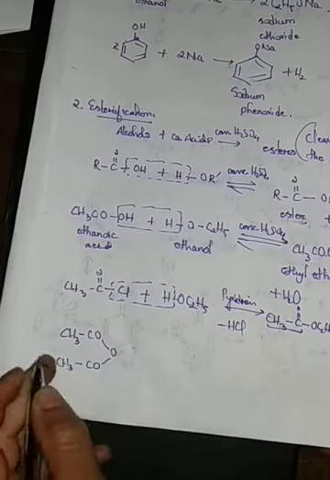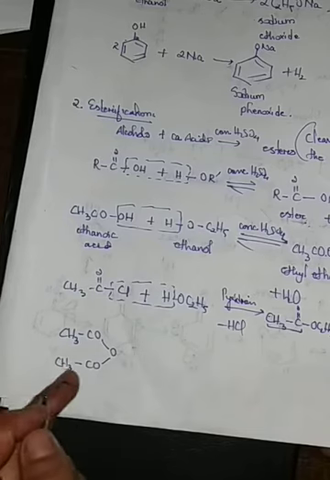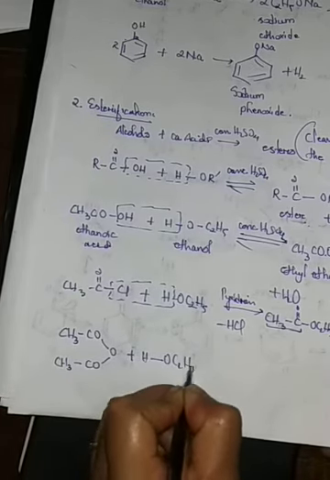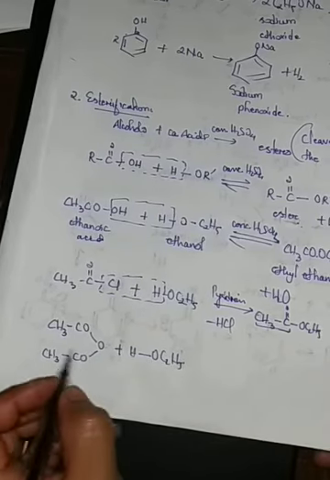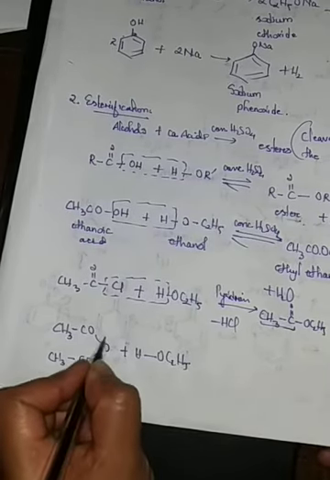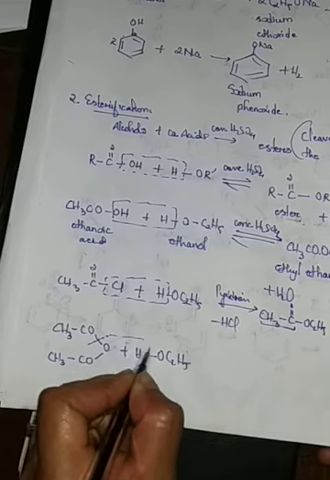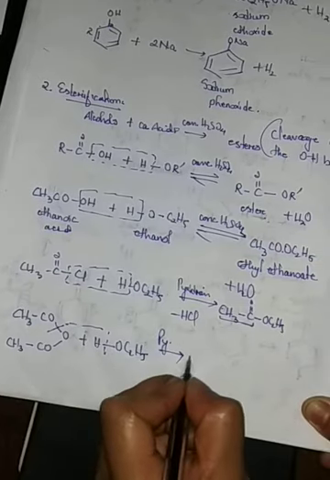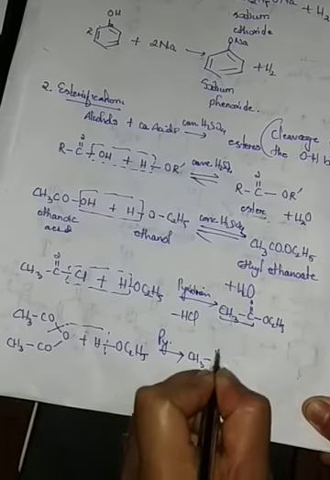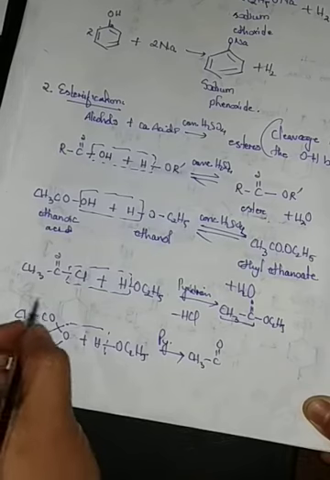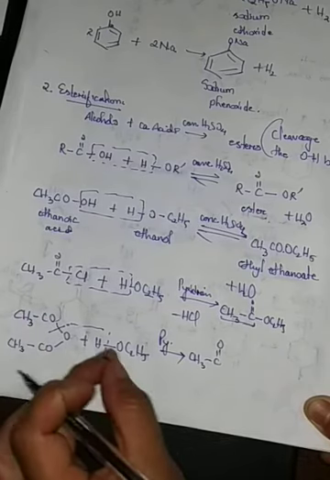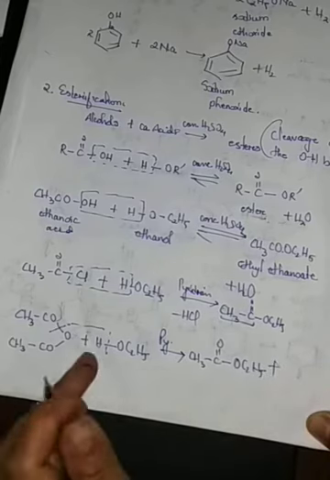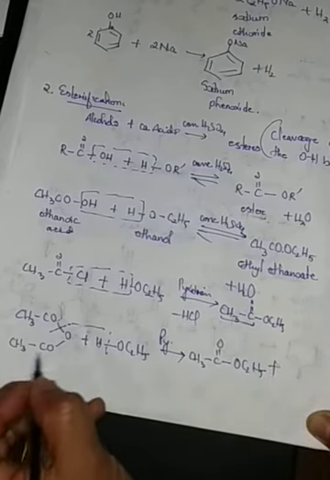This is our ethanoic anhydride, or this is known as acetic anhydride. When it reacts with our ethanol, there will be the cleavage of this bond, and then in the presence of pyridine again, we'll be getting CH3C double bond, or this group will go and join, will replace the hydrogen position, and then we'll be getting OC2H5, plus, and then this hydrogen atom will go and join with this group,